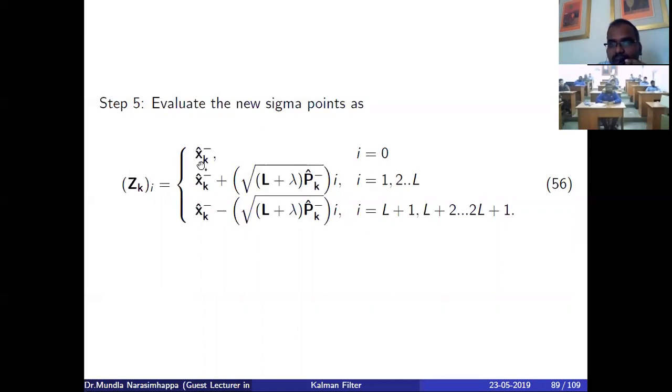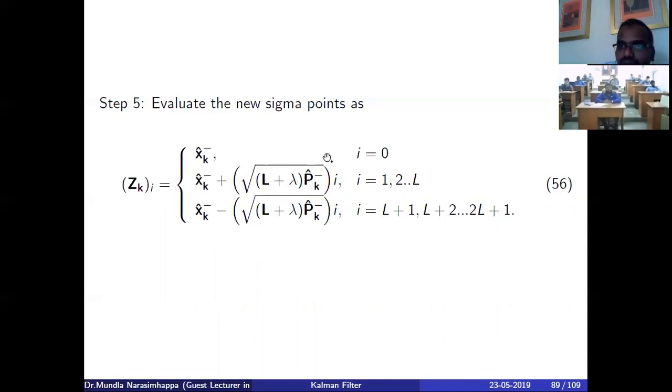Then the second sigma point, how do I calculate it? It starts from 0, the mean plus the weighted covariance matrices, right? So that is sigma points plus weighted covariance matrices. Then the other sigma points are the mean minus the weighted covariance. Like that you can calculate the sigma points, right? You understand here, please, carefully. There are 5 sigma points which can propagate.